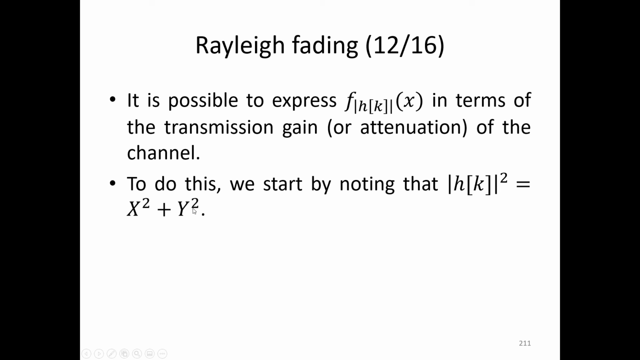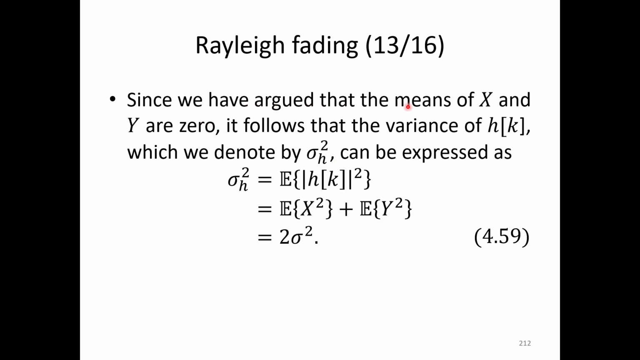To do this, we start by noting that the square of absolute value of h of k is equal to x squared plus y squared. 那么为了要做到这件事情呢，我们一开始注意到 h of k 的绝对值平方是等于 x 平方加上 y 平方。Since we have argued that the means of x and y are 0, it follows that the variance of h of k, which we denote by sigma h squared, can be expressed as. 因为我们已经论述过了 x 跟 y 的平均值都是0，所以呢 h of k 的变异数我们用 sigma h 平方来表示，可以呢表示成以下的这个方程式。